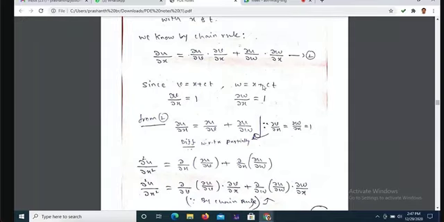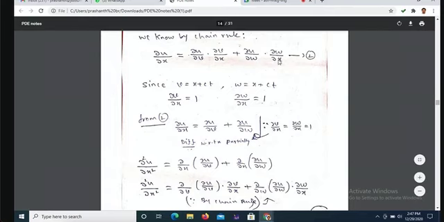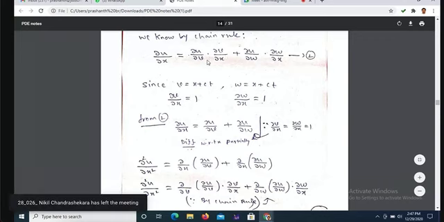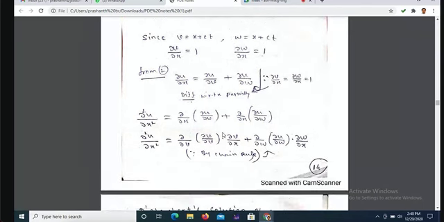If you differentiate with respect to x partially, x is the only variable and the remaining are constants. So ct is constant here, and minus ct is also constant. Dou w by dou x is 1, and dou v by dou x is 1. Now from equation 2, by the chain rule, you just substitute dou v by dou x and dou w by dou x as 1. So what remains is dou u by dou v and dou u by dou w. Now I'm going to differentiate this function with respect to x.